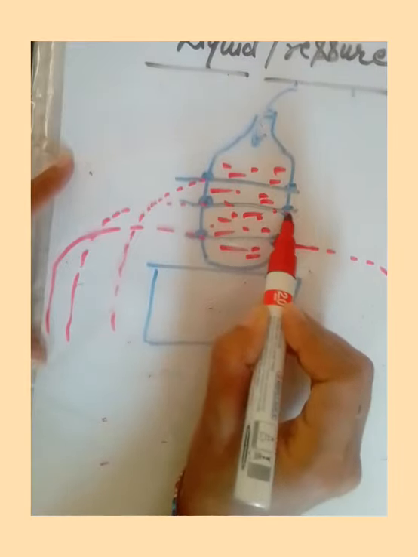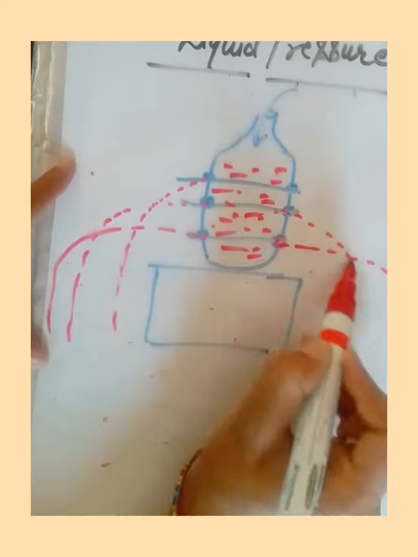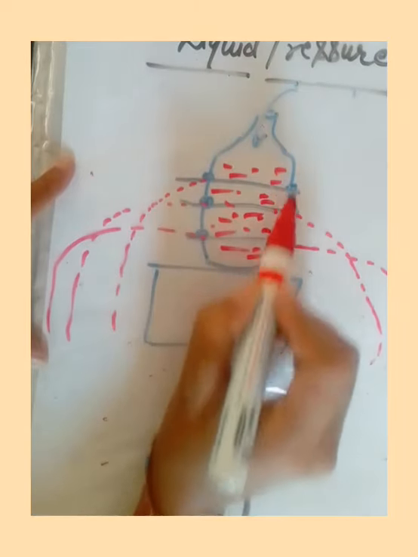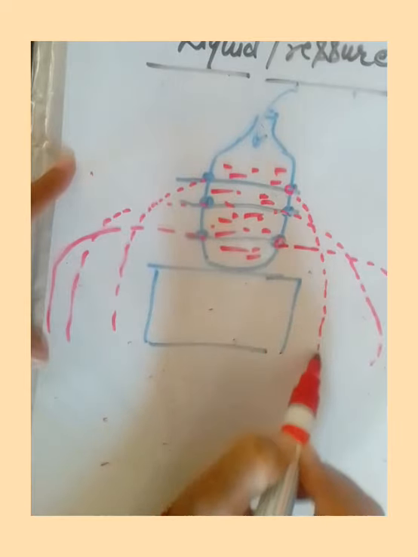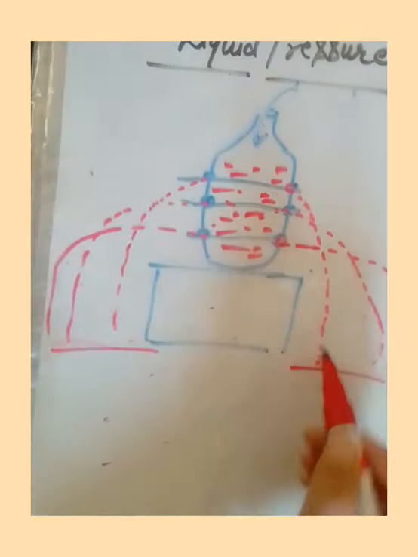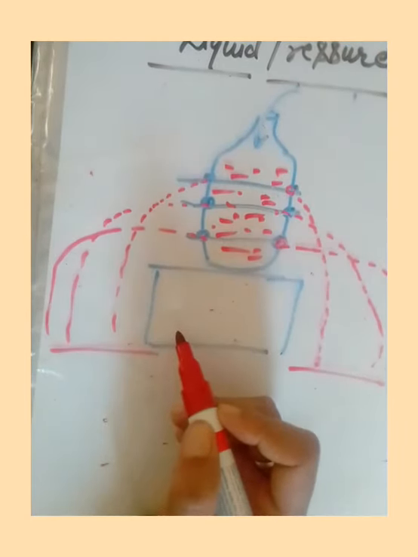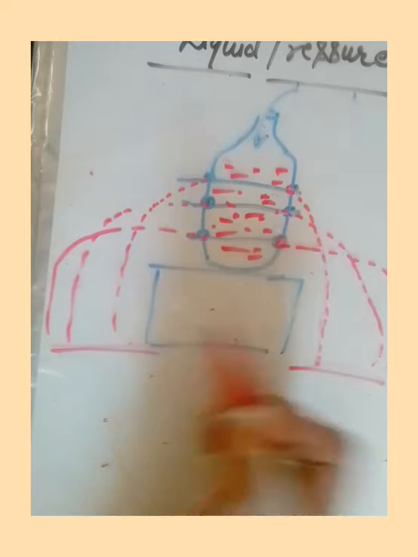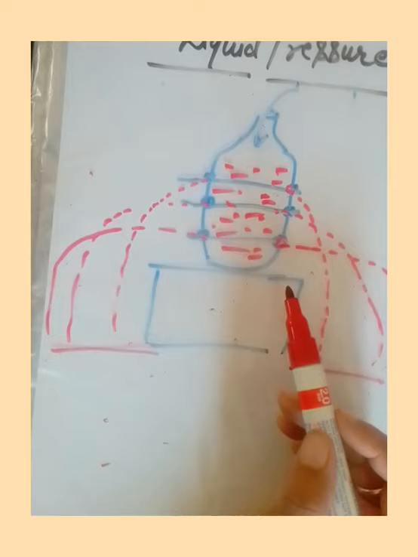Water from this hole, when it oozes out, will emerge and go here, and from the topmost hole it will come out here. You will observe these streams of water like this. So what does it mean? It means that the water pressure at a point increases with the height of the water column above it.